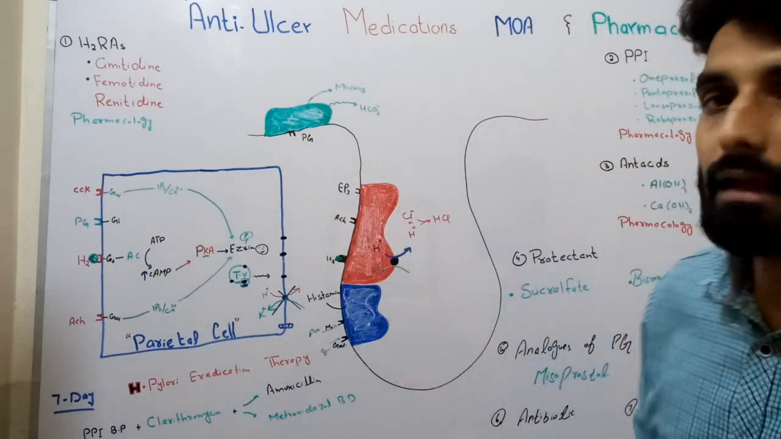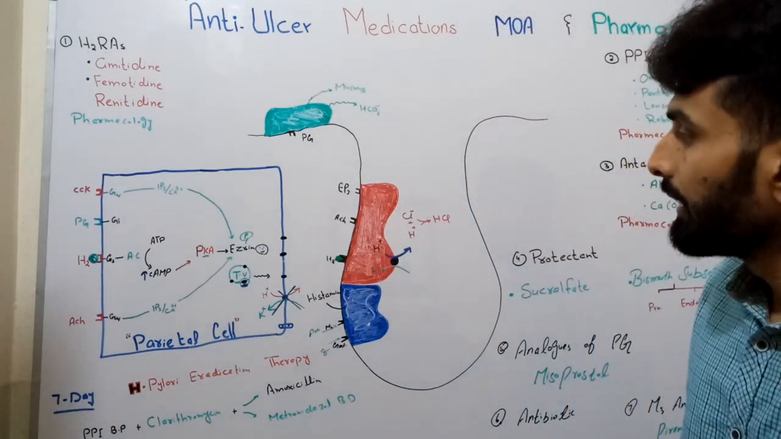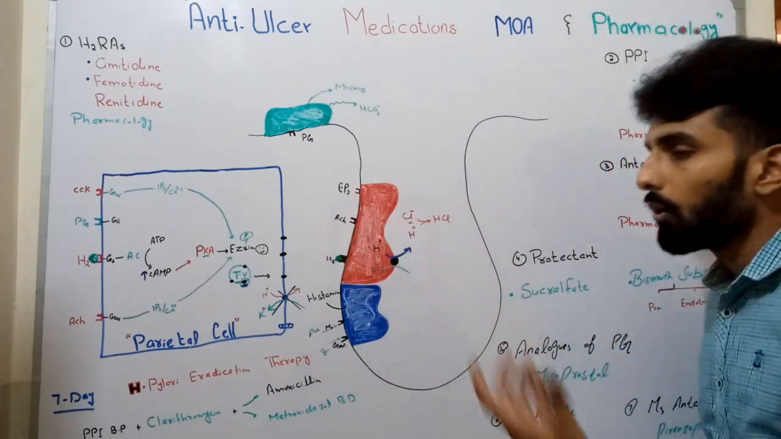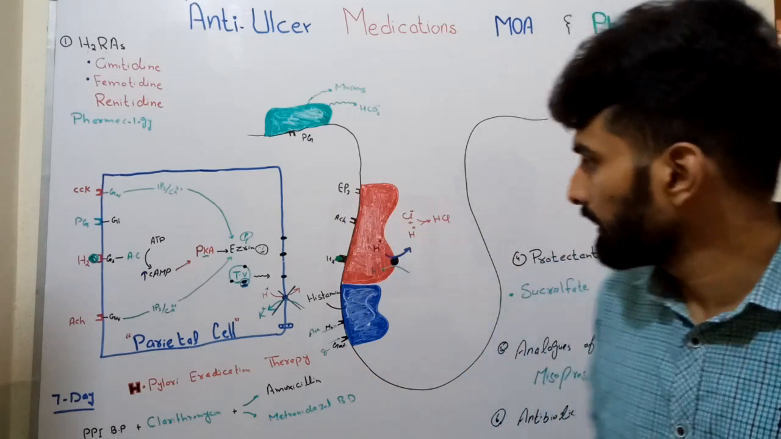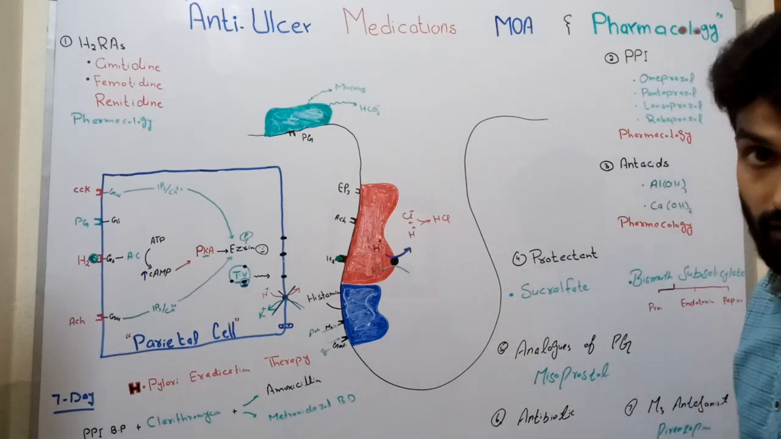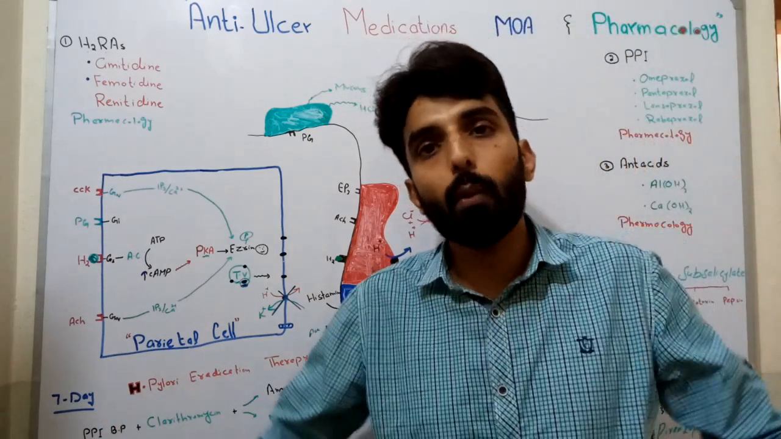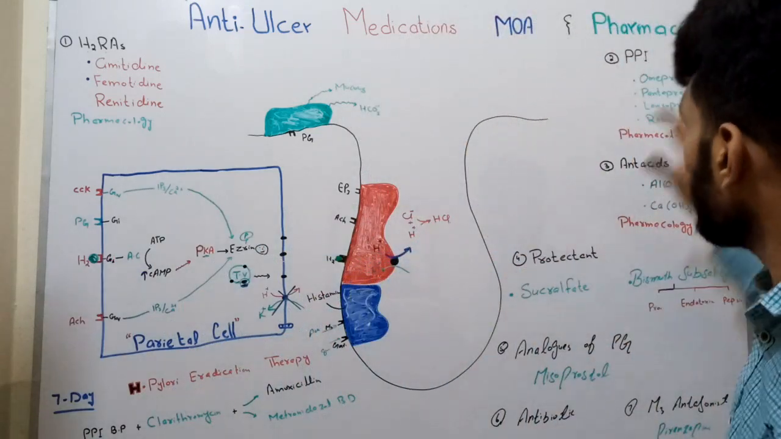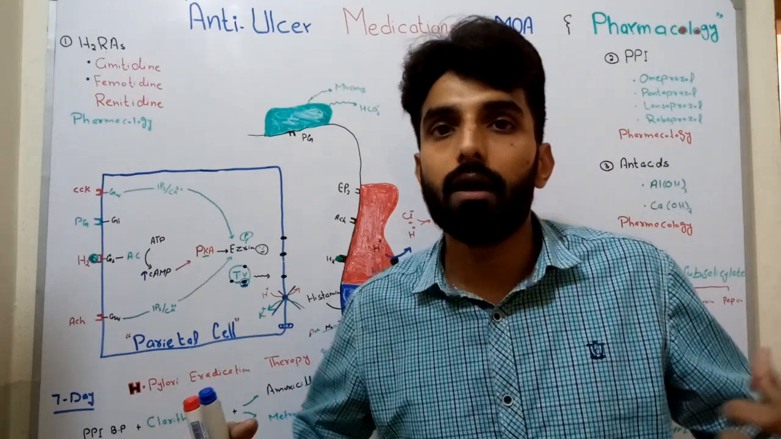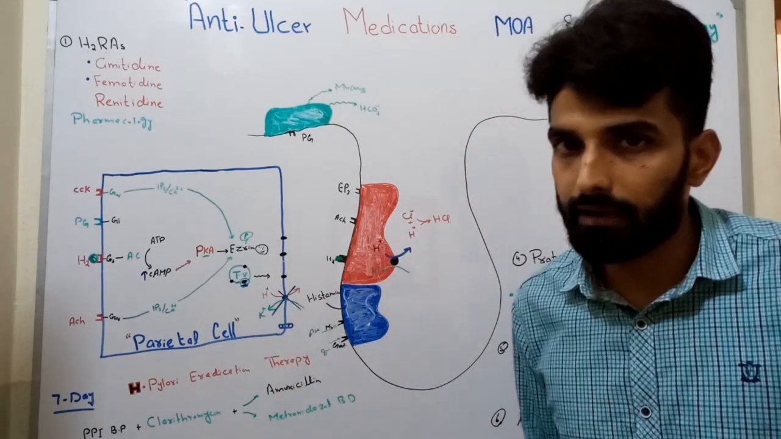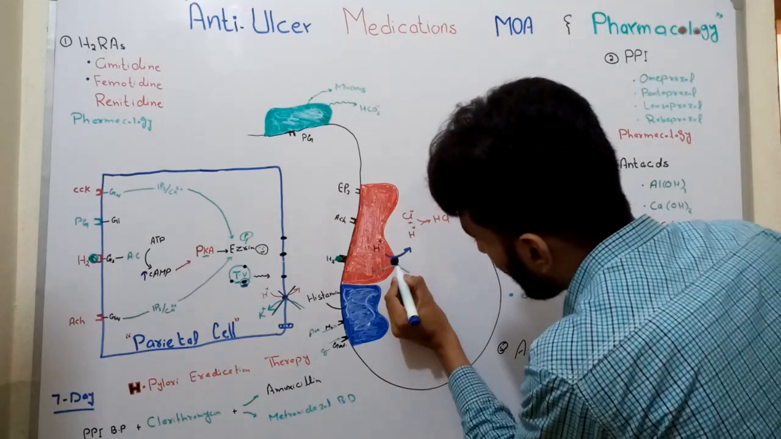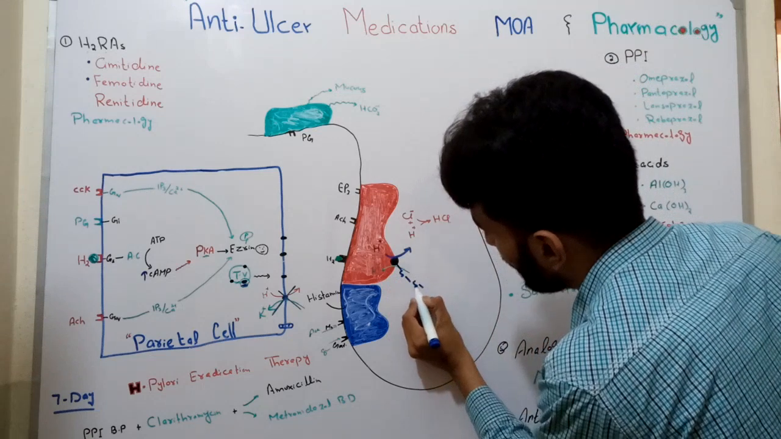When this pump is blocked, what will happen? It will not be able to function properly. Acid secretion will not take place, and acid secretion will be reduced. Now, these drugs are basically prodrugs. It means they get activated when they get into our body. So after getting into our body, in the acidic pH, these drugs will get activated, and once activated, these drugs will make a disulfide bond